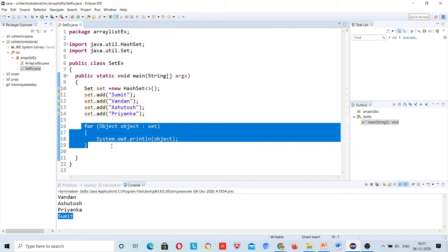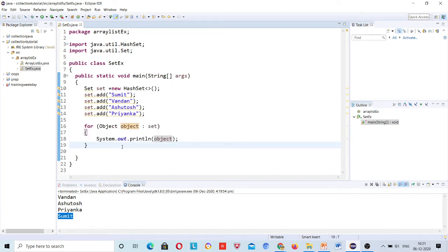First you need to count the size of this set, then run your loop that many times, less than size, and print one by one using the get method that I discussed yesterday. Anyone who missed yesterday's session has a big problem; first watch that recording and then come to this session, right? So this is about set.